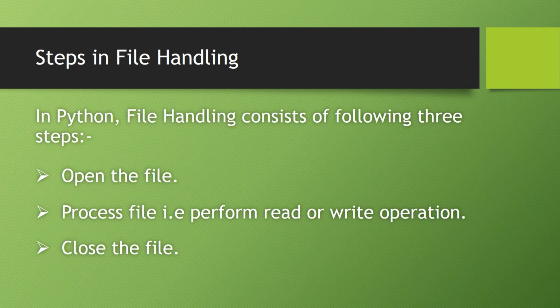And after my processing is complete, the next mandatory step or the last step is to close the file. If you will not close the file, the memory used to access that file will not be freed from the program and your file will be still in open mode. So your data in your file can get corrupted. So it is mandatory to close the file. That is the final step of your program of file handling. So friends, these are the introductory steps to handle data files using a Python program.